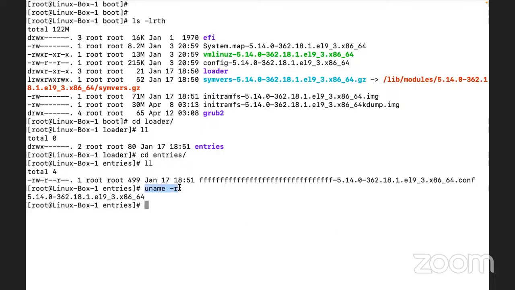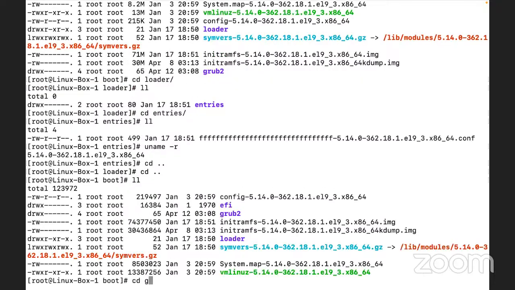This command you can utilize in order to identify the kernel version. The version here is 5.14.0. Right? el9 means Enterprise Linux 9. Clear, guys? Yes, sir. Okay, let us go back.